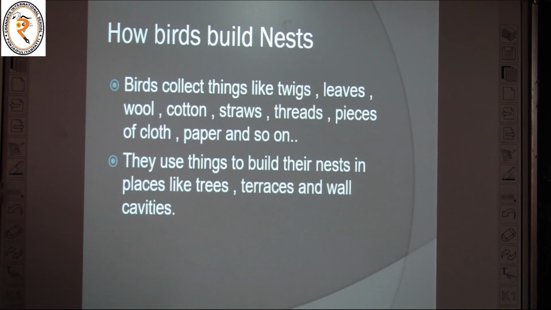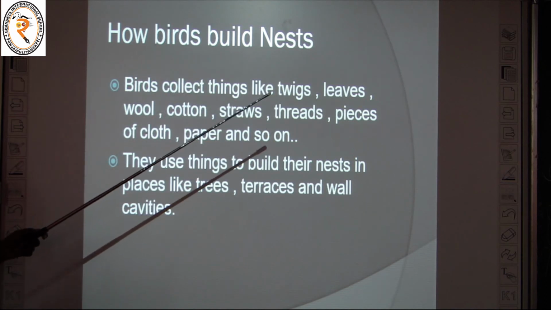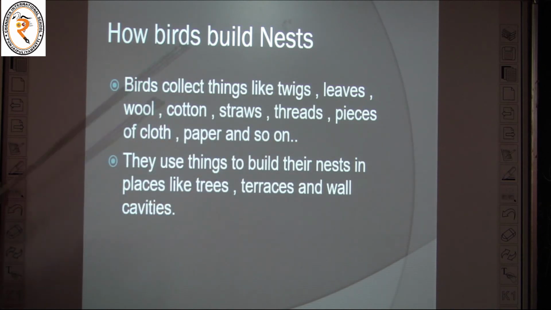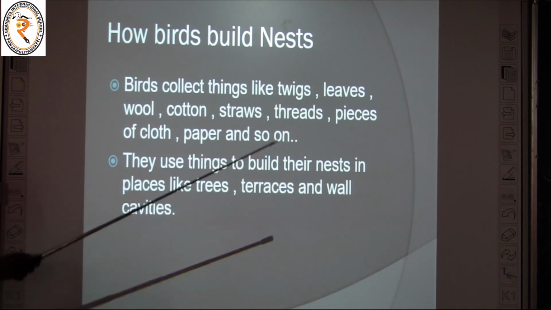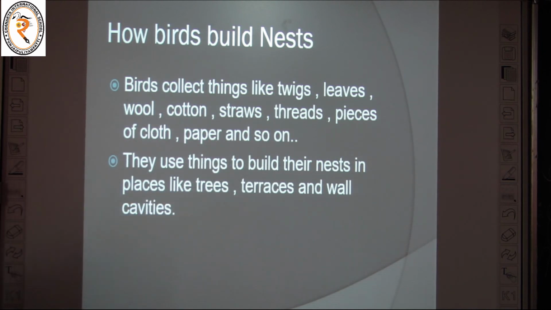Next, how do birds build nests? Birds collect twigs, small trees, barks, leaves, wool, cotton, straws, threads, pieces of cloth and paper and so on. They use these things to build their nest in places like trees, terraces and wall cavities.